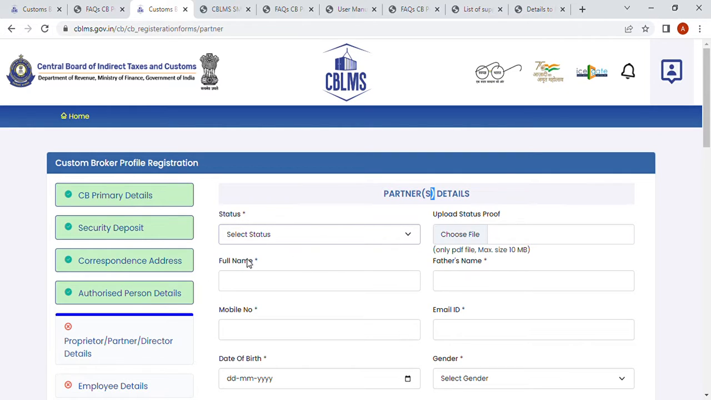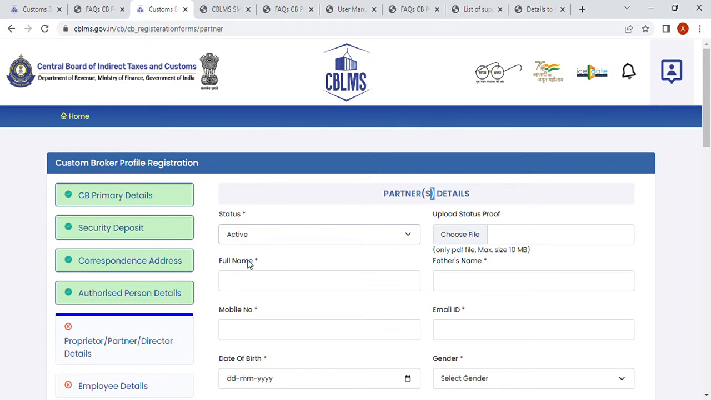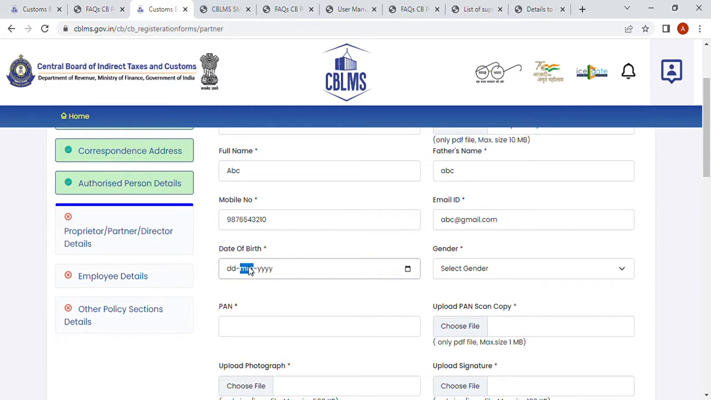So in the partnership, under the partner details, the details of whom we are entering, first of all it asks for the status, as in whether the partner whose details we are filling up is active or inactive. So we'll select the active partner and upload the status proof, as in whether he is active or not. You need to just upload it. After that you need to enter the full name. So I enter the name, the father's name of the particular partner, mobile number, email ID, date of birth of the partner,